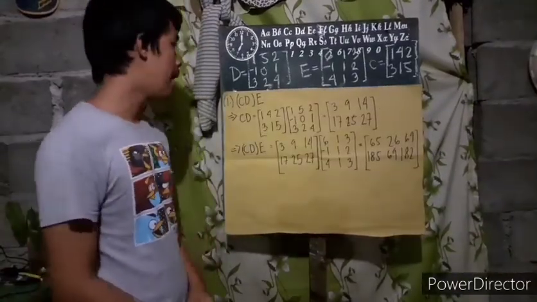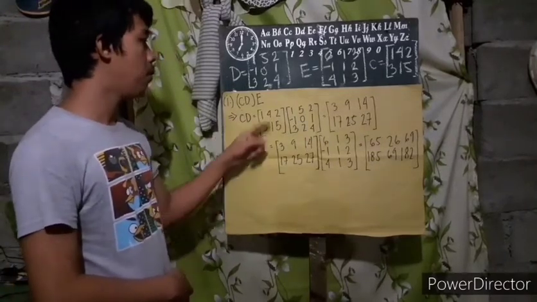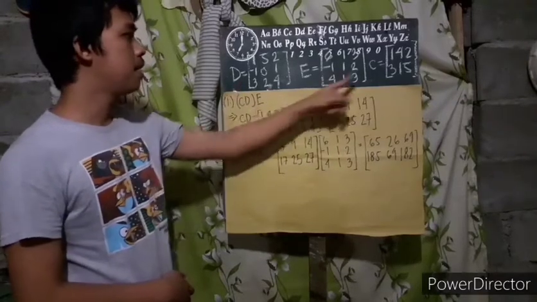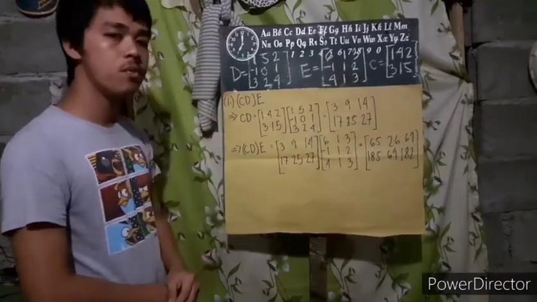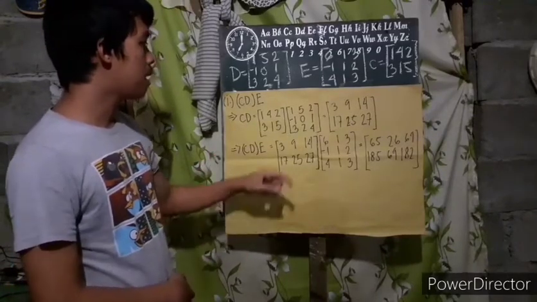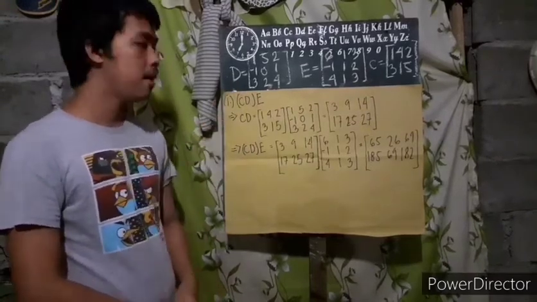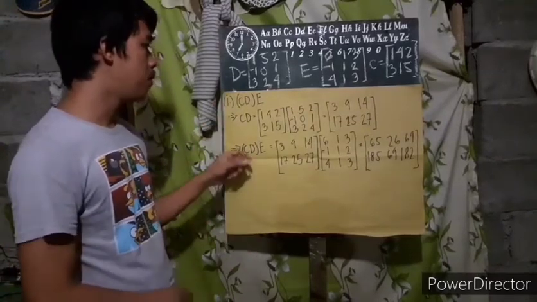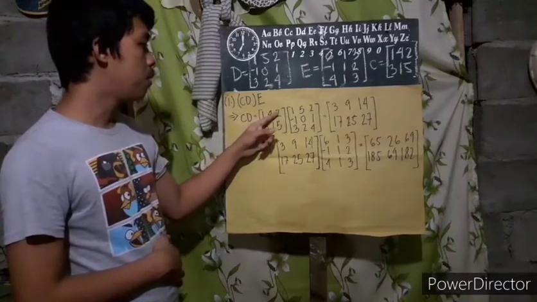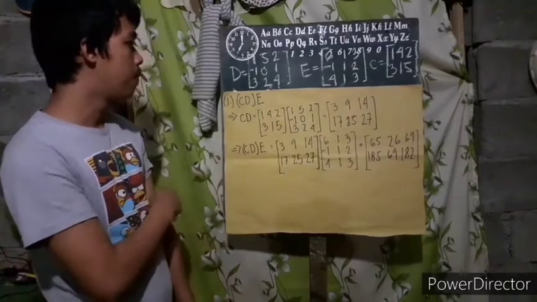And now in I, we have C multiplied by D, then multiplied by E. Then we have a matrix here of D, C, and E. So first we need to find C multiplied by D. So just copy the matrices of C and D. To multiply the two matrices, we need to multiply each element of the row into each element of the column. So for example,